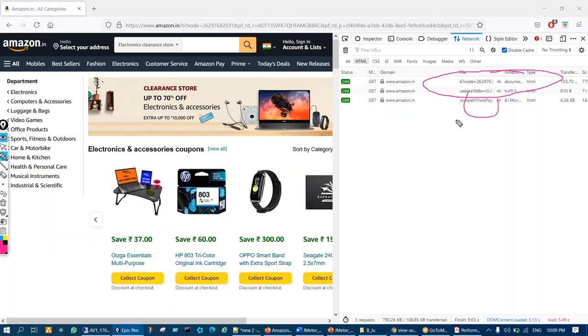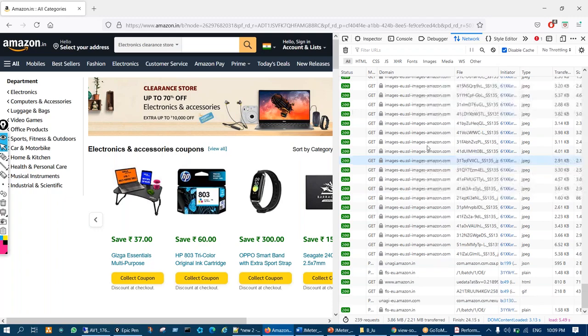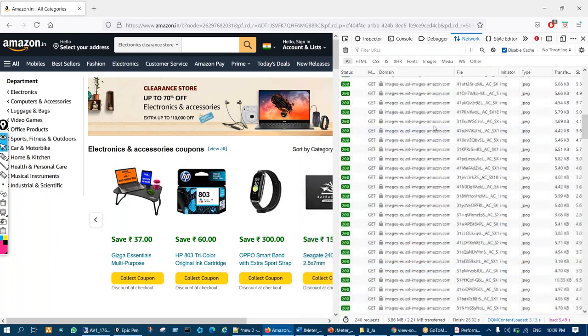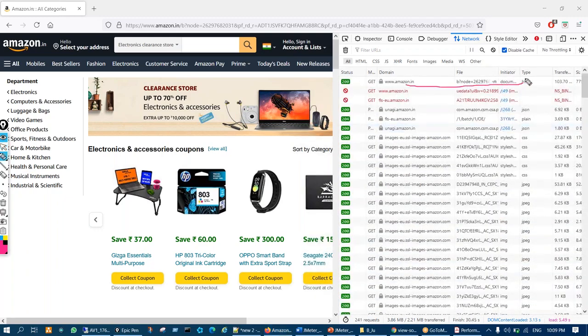Apart from that, a few other requests will be there, right? So I'll come to that. Like here, two or three HTML requests are there. We'll see that. But what the understanding is, okay. Let me click on All. So you see, yeah. So you got the idea that whenever we do some activity, a request will be sent,